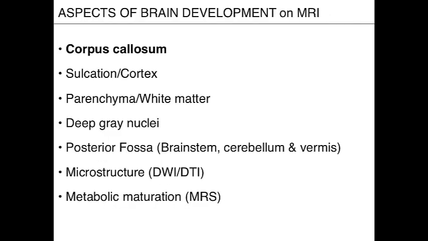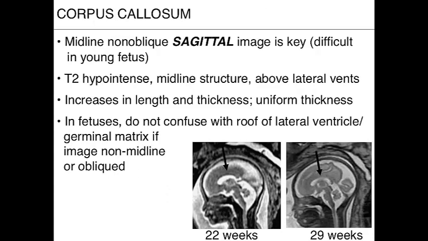Okay, so we're going to start with the corpus callosum, only to say that because it's a midline structure, it's very important to have non-oblique images, and this can be very difficult in young fetuses. The corpus callosum appears as a T2 hypointense structure in the midline above the ventricles. It increases in length and thickness during gestation. However, in general, it has a relatively uniform thickness throughout, and that's before there's any evidence of myelination